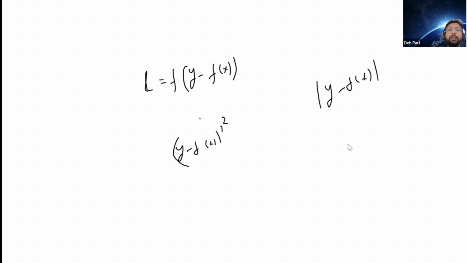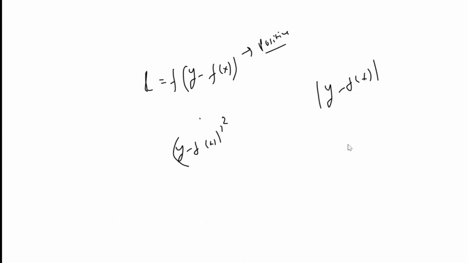So one property of this loss is that it has to be positive. This is one property of the loss. What happens if it is not positive? Can someone tell me, if it is not always positive, then what is the problem? Is there any problem in that? Sir, in gradient descent, yeah.